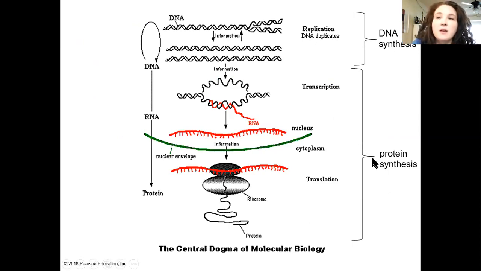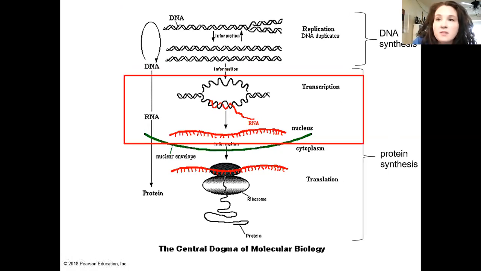Now we're going to move on to how to make proteins. Protein synthesis has 2 steps. The first is transcription, and the second is translation. Information about how to make proteins is stored in the DNA. And when the cell needs to make a protein, the information in the DNA is copied into a new form,